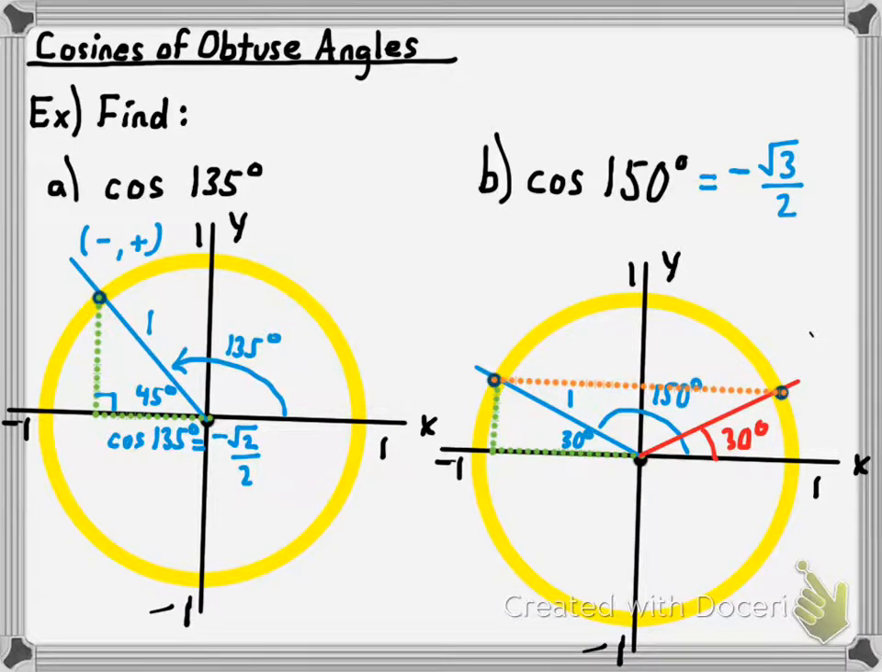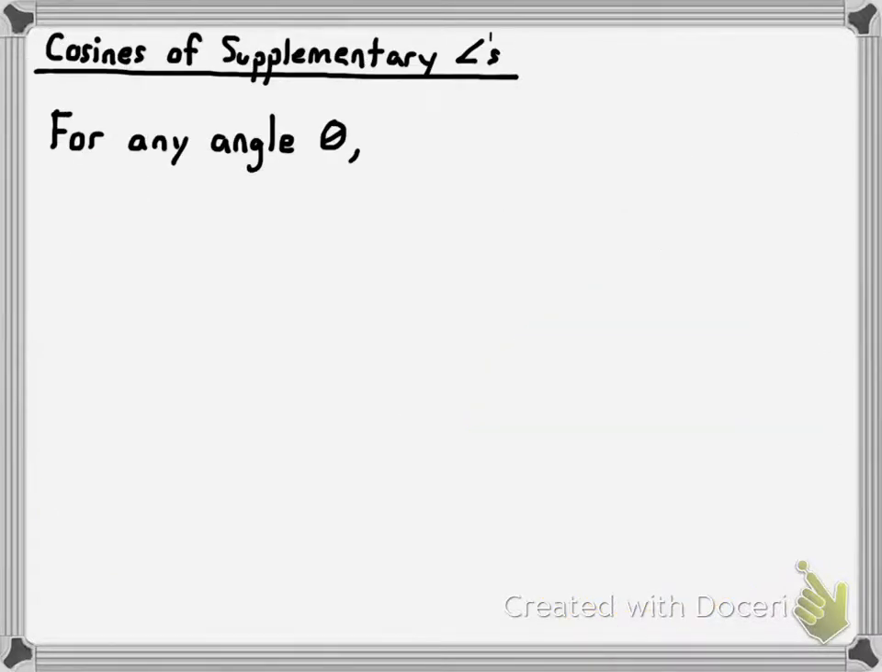Now let me summarize what I'm trying to show you. I'm trying to teach you a relationship between the cosines of supplementary angles, and that's this: for any angle theta, the cosine of that angle theta is not equal to the cosine of its supplement, but it's equal to the opposite of the cosine of its supplement. So it's the opposite of the cosine of 180 minus theta. So just for example,